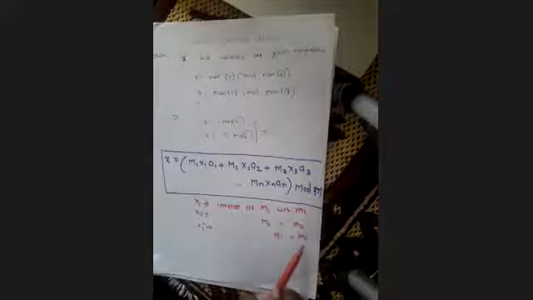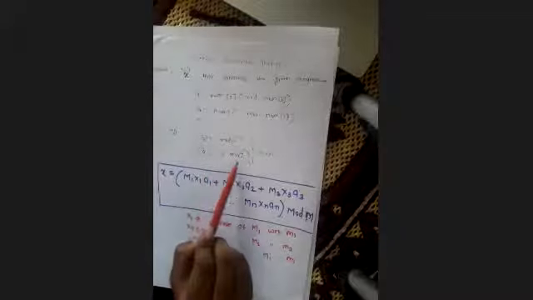In your equation x congruent to 1 mod 5, x congruent to 3 mod 7, the values 5 and 7 are the small m1, m2. Then the values 1 and 3, whatever values are present here, will be your a1, a2, a3 values. Okay, now as I said, this x1 is nothing but the inverse.